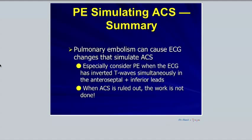And finally, also remember the simple concept that when somebody's got chest pain and you're thinking acute coronary syndrome, that's fine. But once you've ruled that out, your job is not done. The job of the people upstairs is not yet done. Remember, when we see patients with chest pain, our job is to rule out all the deadly causes of chest pain, not just one. And if you're admitting patients and working them up in the chest pain center, please remember that as well. And remind your folks upstairs about doing the full workup, and make sure the people upstairs know